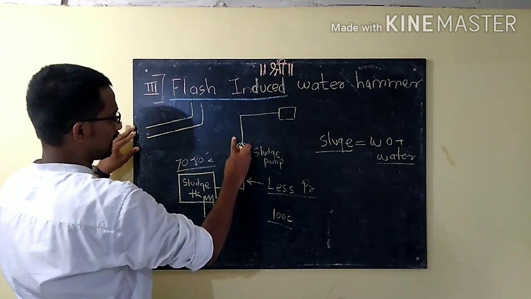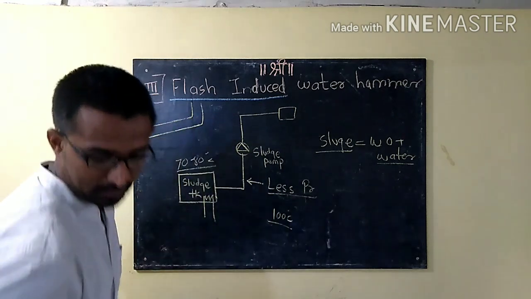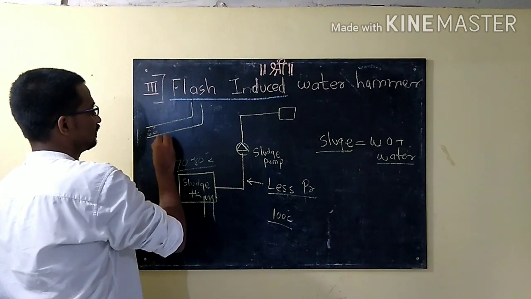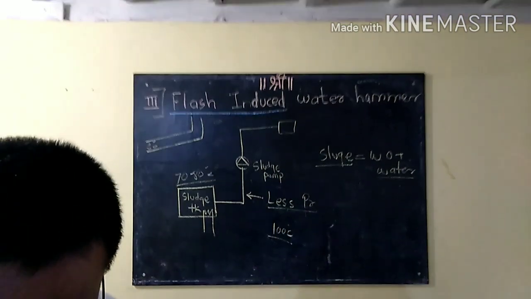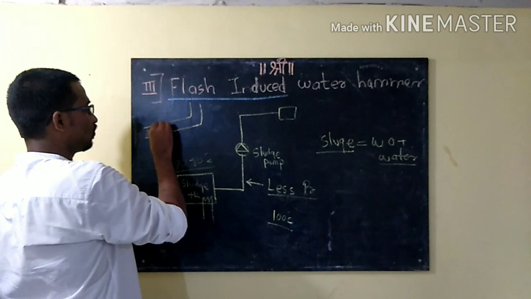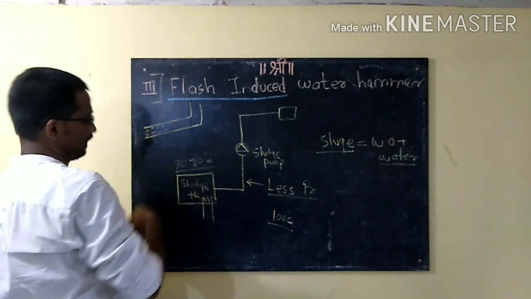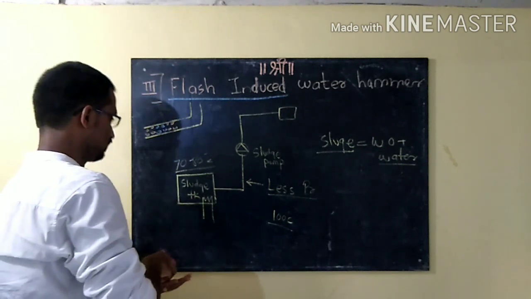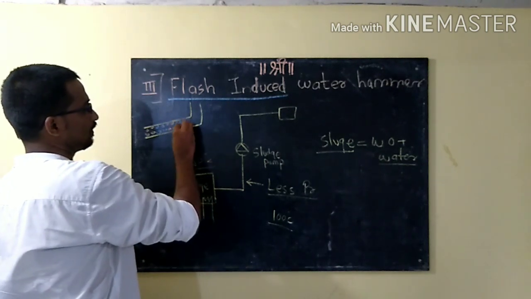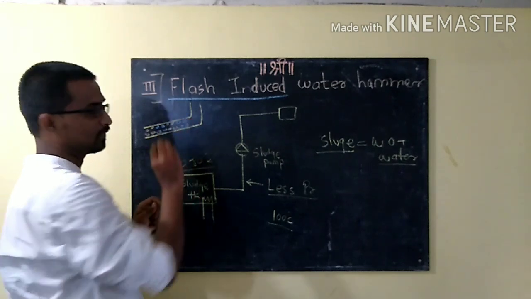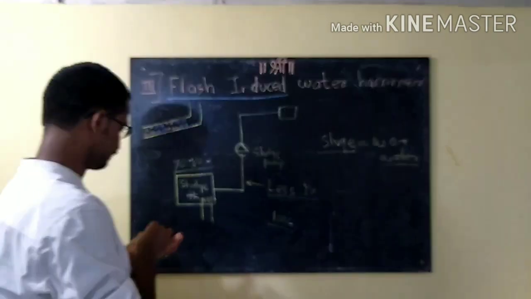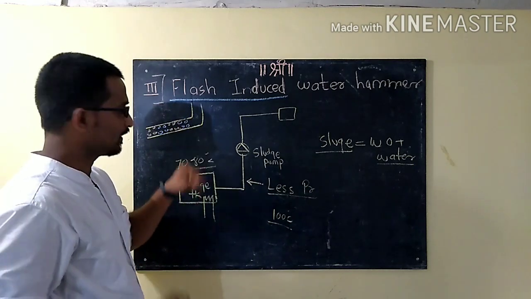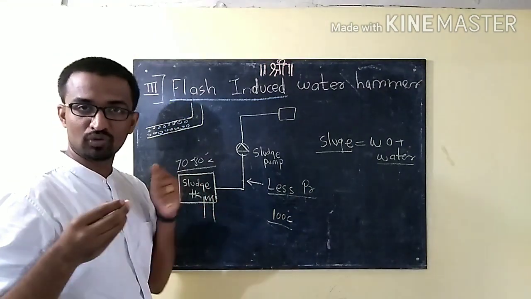Like this is the suction line, you can see. This is the water and sludge. This is sludge, for your convenience, and this is water. Again, this is a sludge. This is a water. This is in a very micro condition, but for your convenience I am showing this. So when this water gets vaporized and converted into steam.